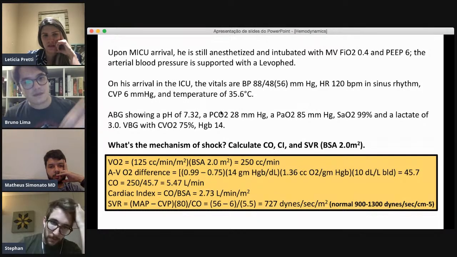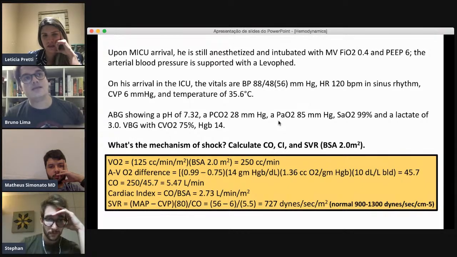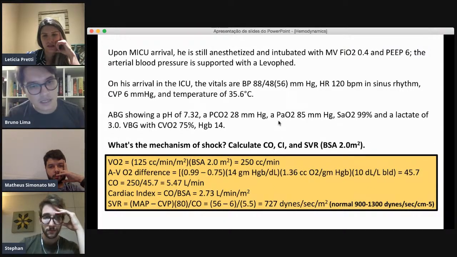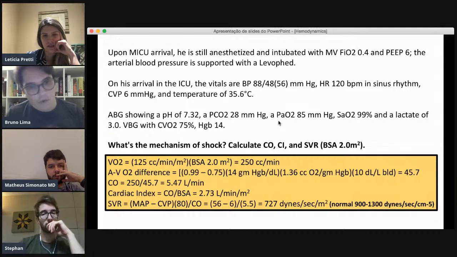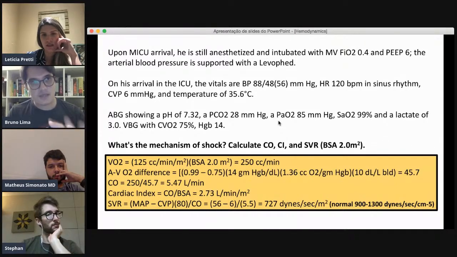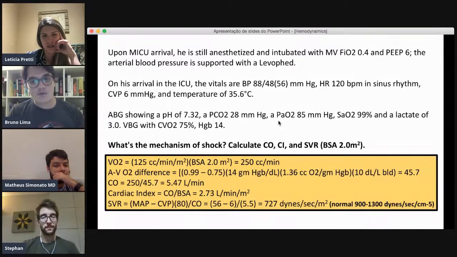So the venous sat that you're going to get from there should correlate roughly with the central PA sat, okay? But sometimes people have shunts. They have communications inside of their hearts. But for the most part, it usually correlates really well with the PA sats. So we can use his central venous sat to calculate his cardiac output. And by calculating his cardiac output, we can also use information from his central venous pressure and from his MAP to estimate his